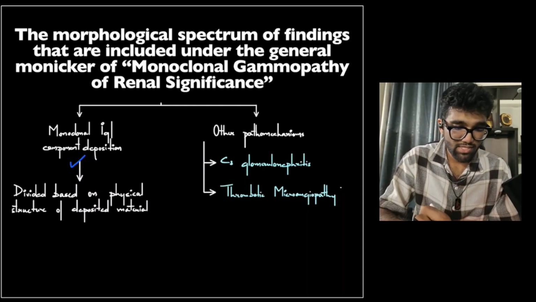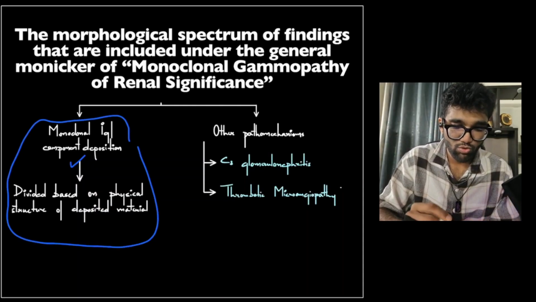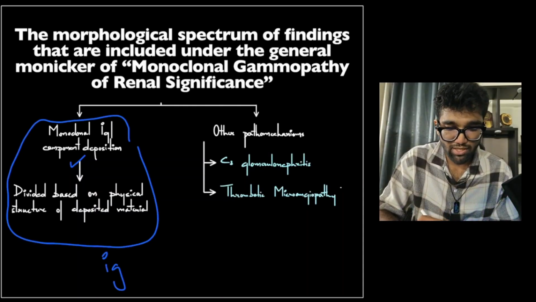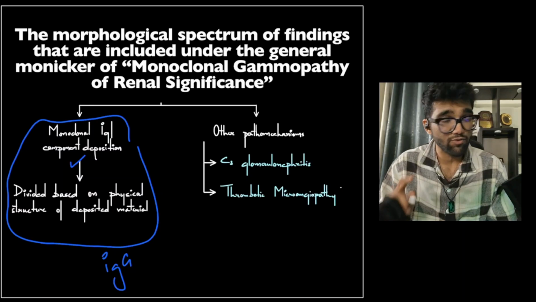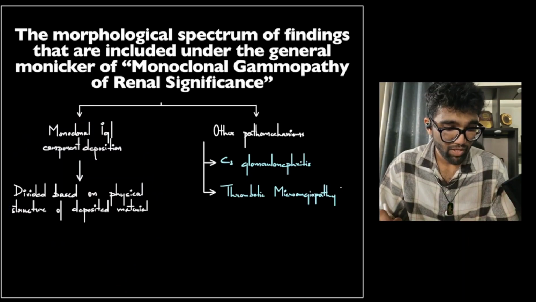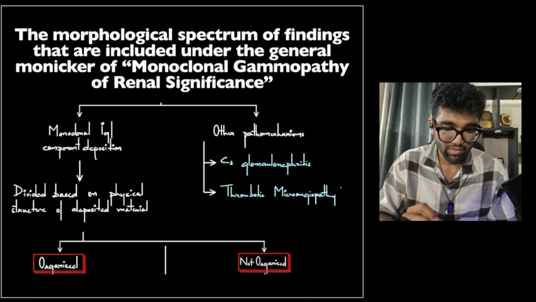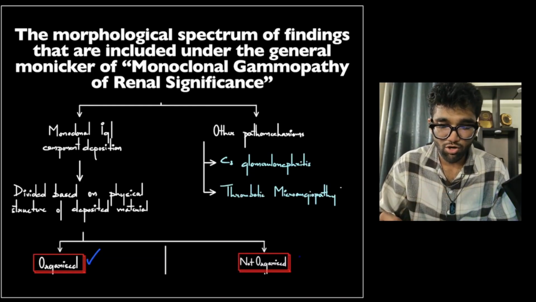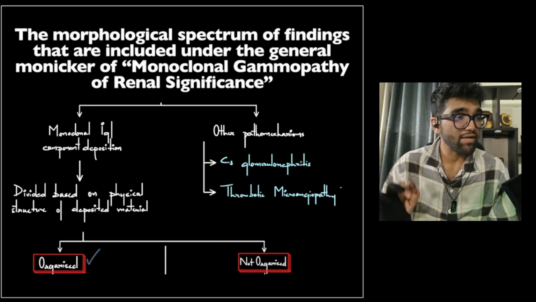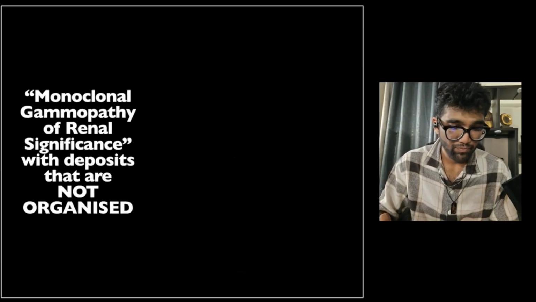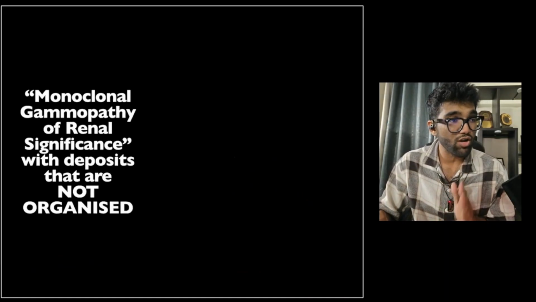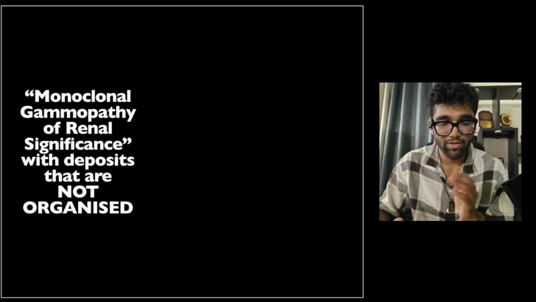Now, these are the entities that show positive immunoglobulin deposition and/or positivity for kappa and lambda light chains. Based on their physical structure under the microscope, they are divided into two: organized deposits and non-organized deposits. We'll start with non-organized because they are fewer in number. So when you have non-organized deposits, there is IgG or kappa lambda light chain staining, and the deposits are not